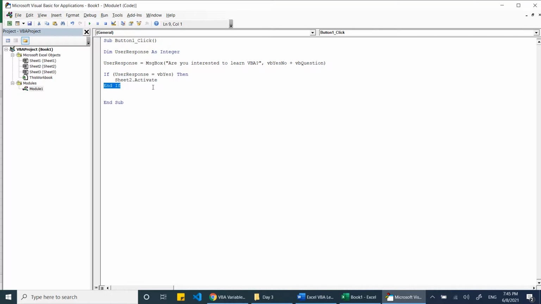I think you can pause and complete what we should write in case it is no. I hope you have done it. If user response equal to vbNo, then Sheet3.Activate, End If.